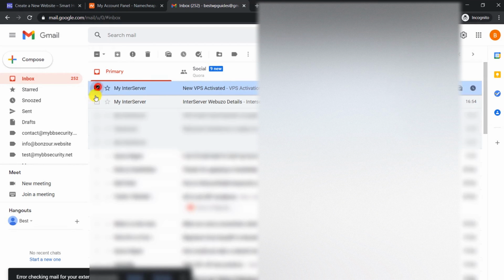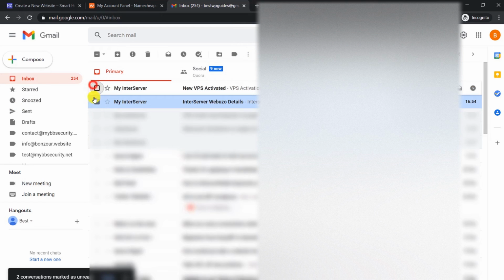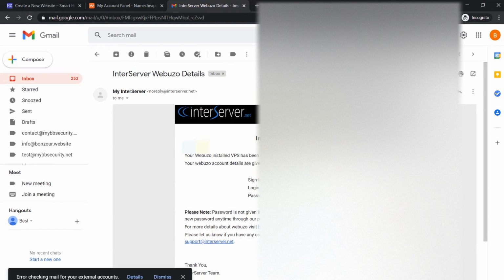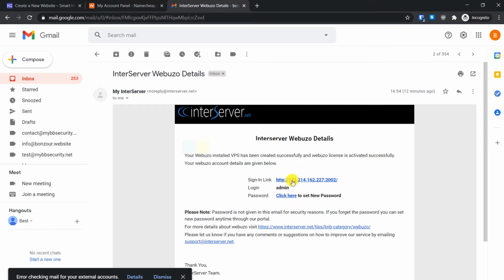You will get these two emails. Let me unmark it. Yeah. So you will get these two emails which will contain the details of your VPS. So first let's click on this, and here you will see these two links. Okay, because we have not set the password yet, first click on this option, click here to set a new password,